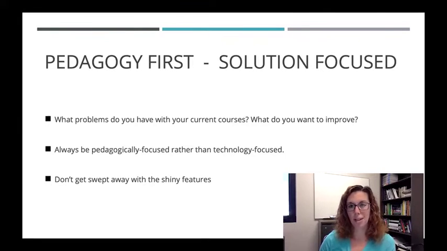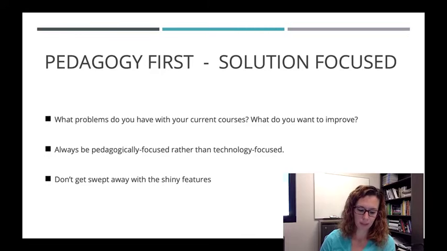So before you embark on any sort of mission to implement courseware, I would suggest taking a little bit of time, I know luxury of time is not on our side anymore, to establish the problems that you're having, what issues you hope to solve, and what you hope to improve. There's a myriad of technological solutions for things, but it's better to figure out what you want for your students, and then search for a technology that fits that